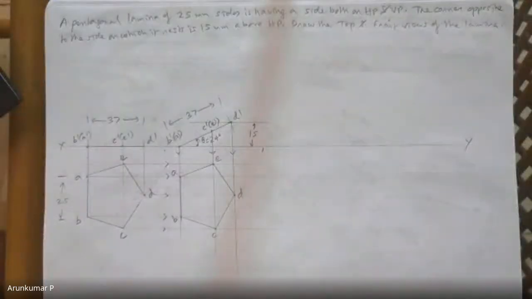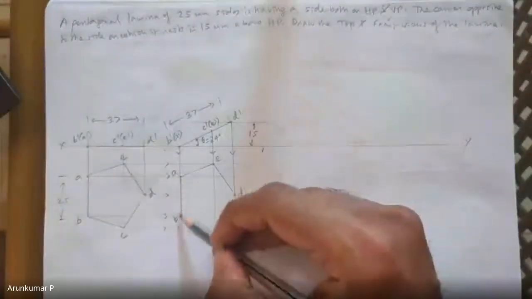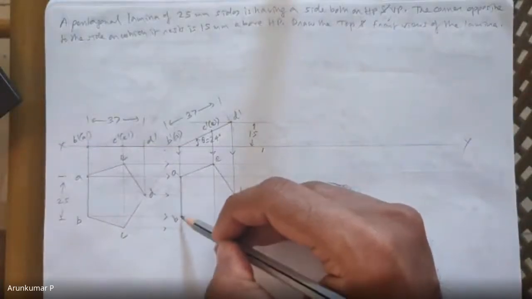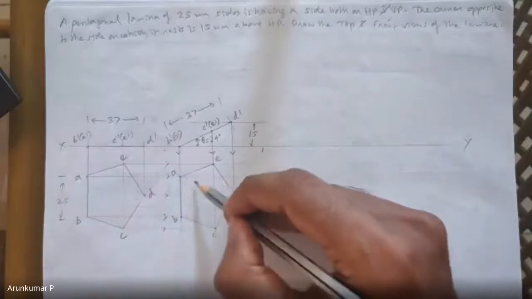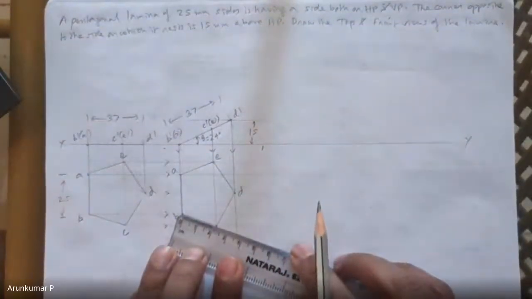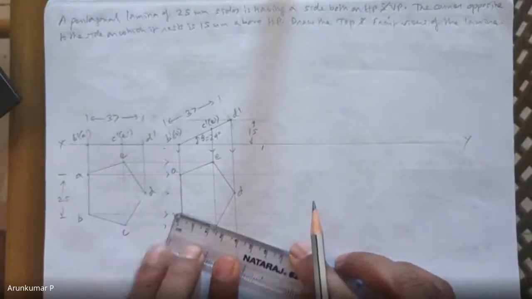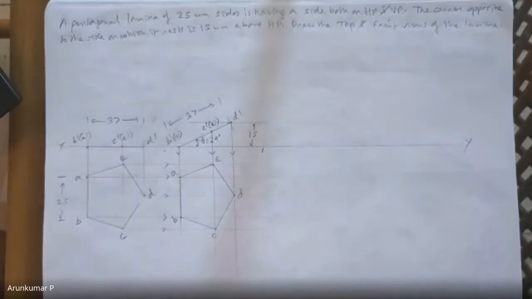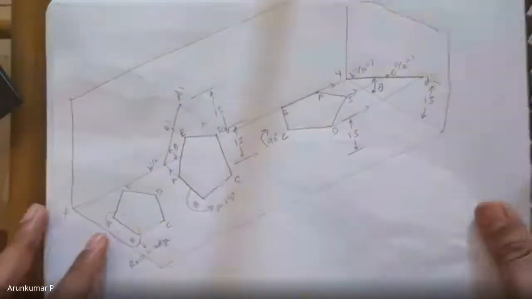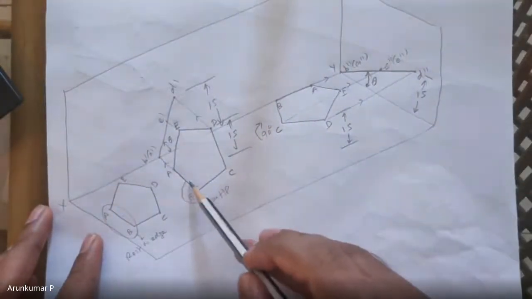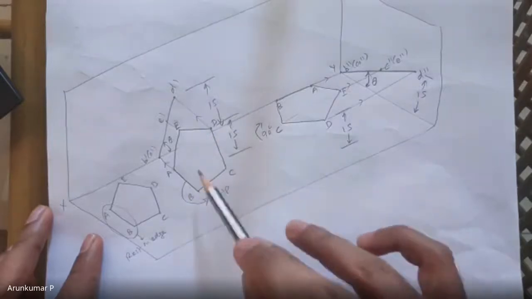In this case also, the only edge which is still 25 mm is AB. You can measure the other 4 edges, they will be less than 25. You can check it out. Here you can see 22, 23 mm. AB is the only edge which is still 25 because AB is the only edge which is still parallel to HP, as you can see in this 3D. AB is parallel to HP, that is why it is 25. None of the other edges are parallel.